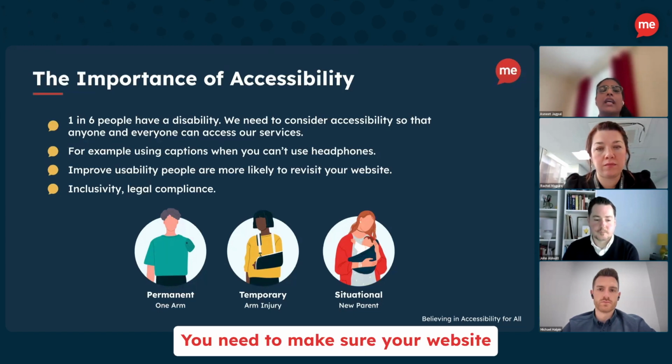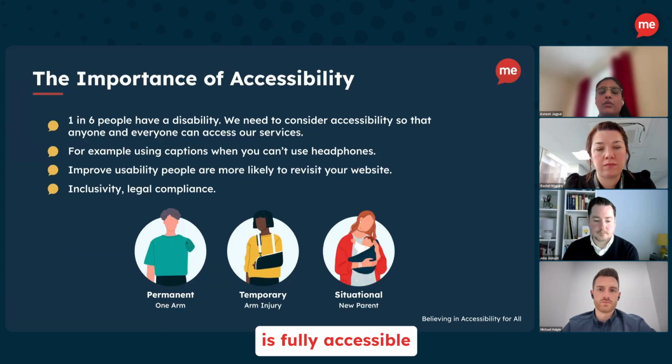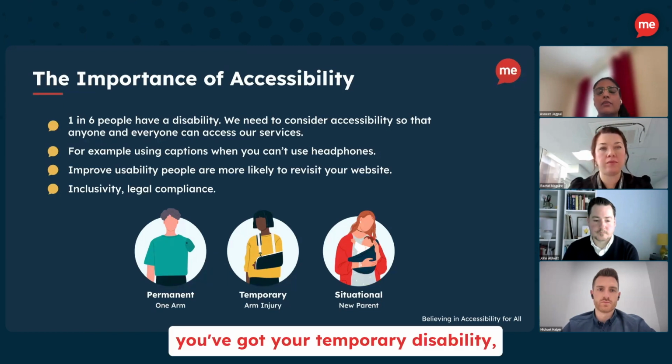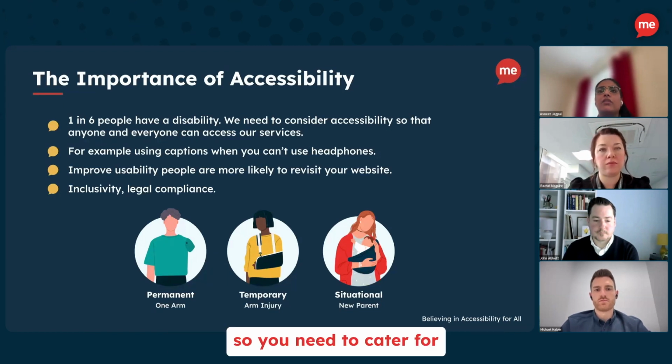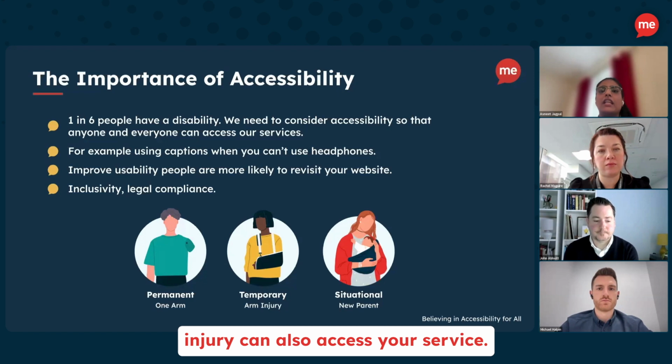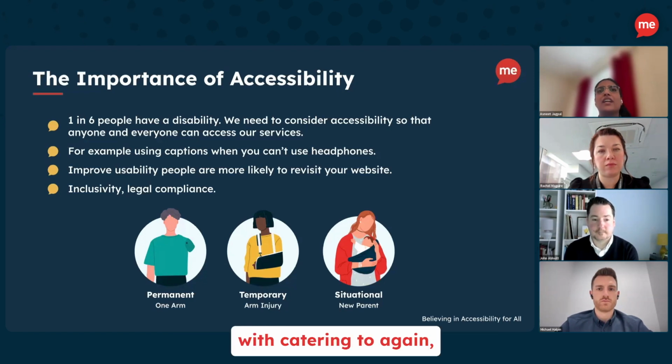You need to make sure your website is fully accessible for the user in terms of setting the correct means. And lastly, you've got your temporary disability. So you need to cater, for example, you need to set the keyboard navigation to be correct, so somebody that might have a temporary injury can also access your service. So all in all, we're catering, again, to people from all walks of life.